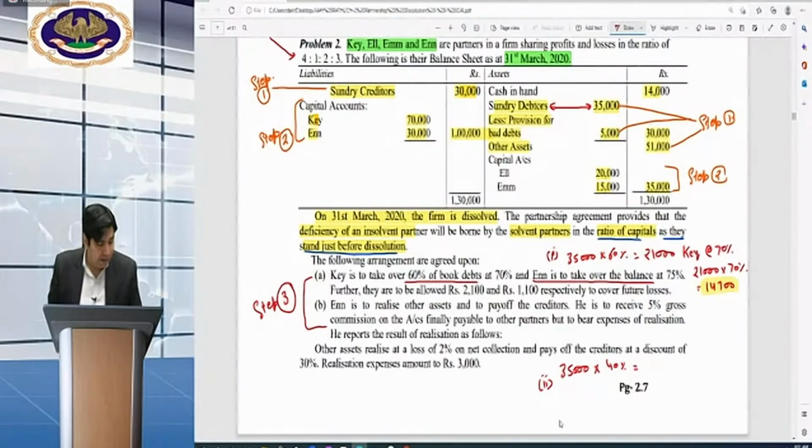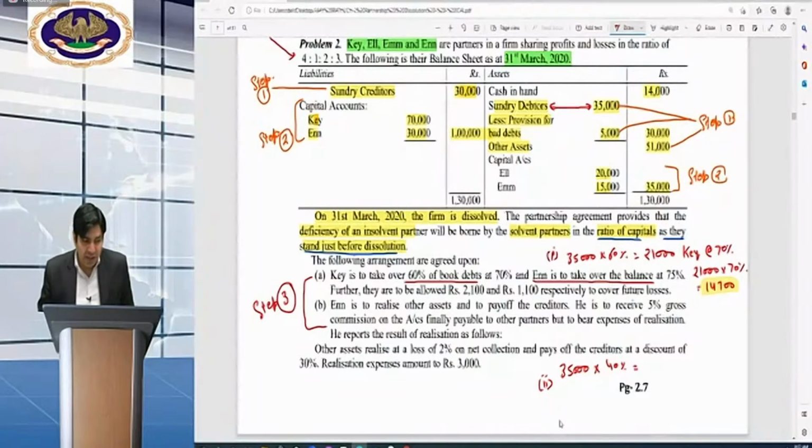35,000 multiplied by 40%. No one is answering. Only a few of the students are answering. It means the rest of them are enjoying their parathas or dosas, etc. This is not fair. I have not taken breakfast and you are taking. This is really hurting.